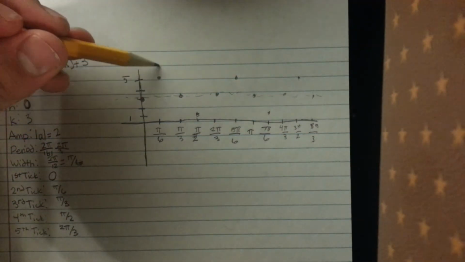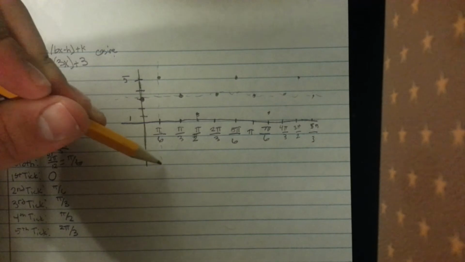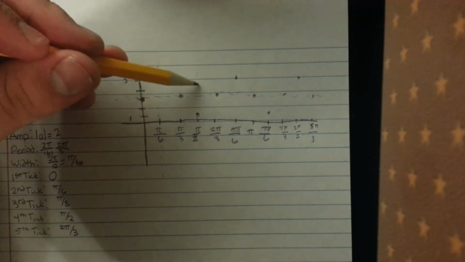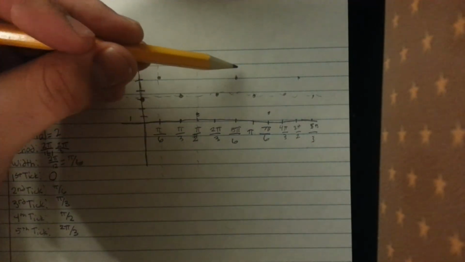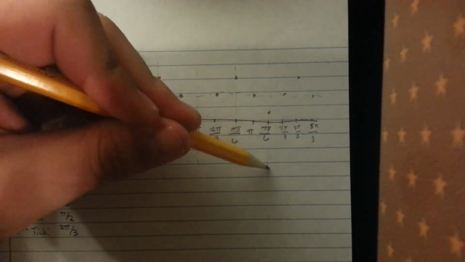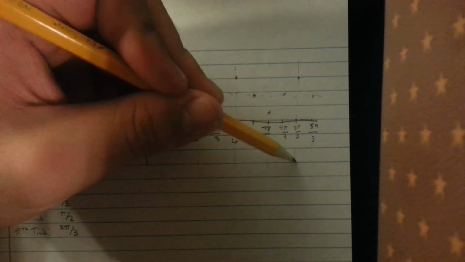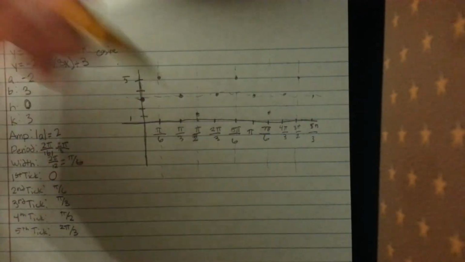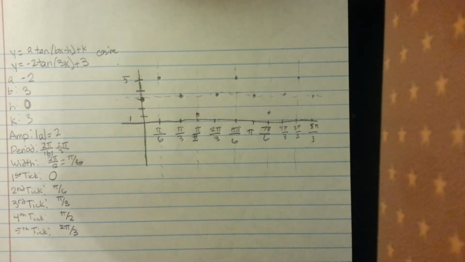So we're going to have an asymptote there, there, there, there, and there. So now that we have our asymptotes, now you can see that we need to start